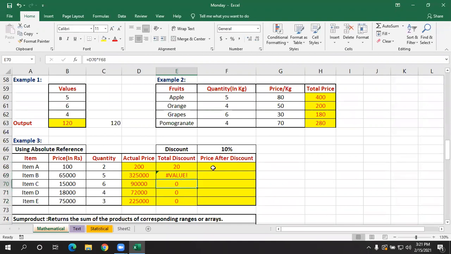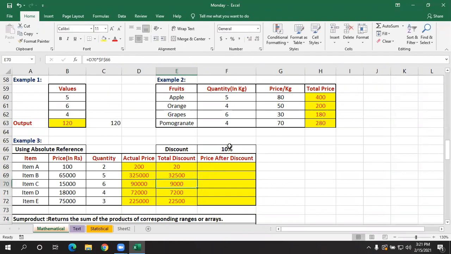And here it shows 0, because in all these cells we have nothing. See, if I click here, it is referring to this cell. If I click here, it is referring to this cell. But I wanted this to be referred to what? To perform multiplication with this, I wanted to only refer to this one. So I selected it and then I used the F4 function key to change it to absolute reference. So now if I fill down to the other cells, it will have the same reference.